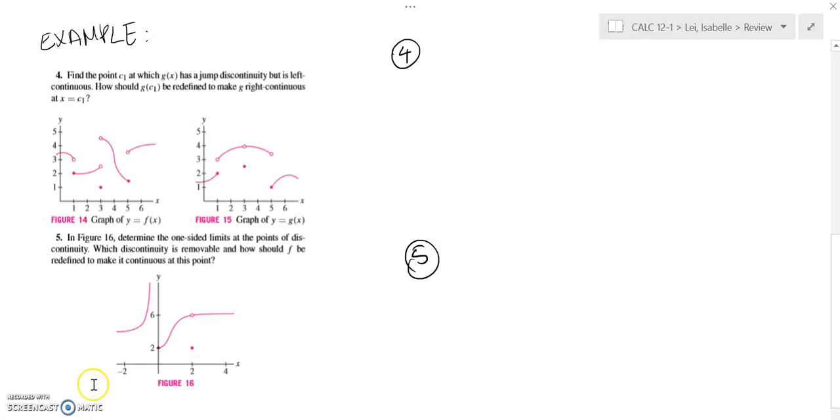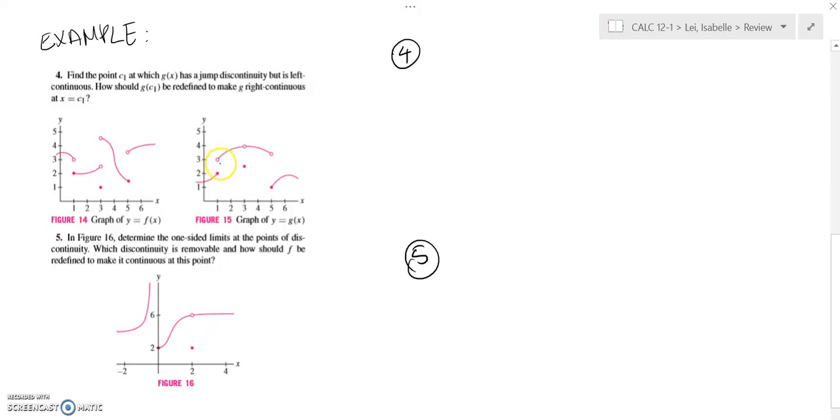So the first question is asking to find the point C1 on g of x, which is the function with this graph on the right, at which g of x has a jump discontinuity but is left continuous. How should g of C1 be redefined to make g right continuous at x equals C1? So on g of x at x equals 1 right here, the function is left continuous. As you can see, this function includes 2 at 1, but is discontinuous at 1 because it excludes this y